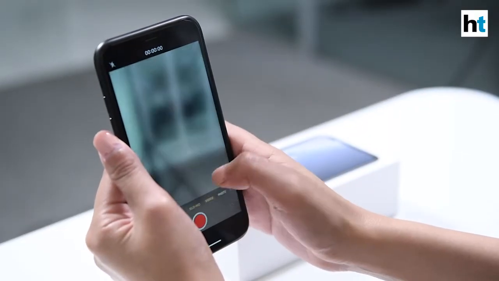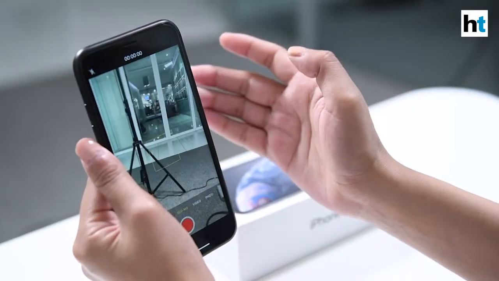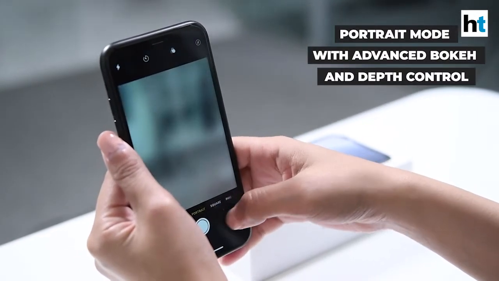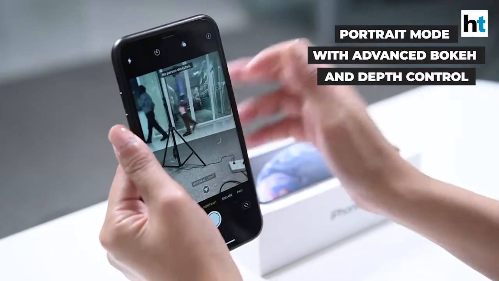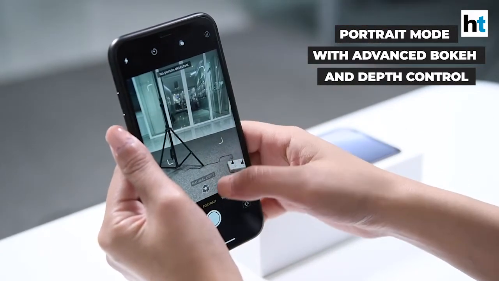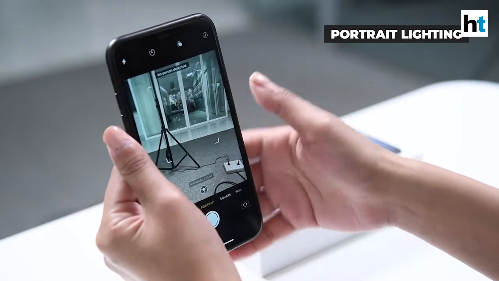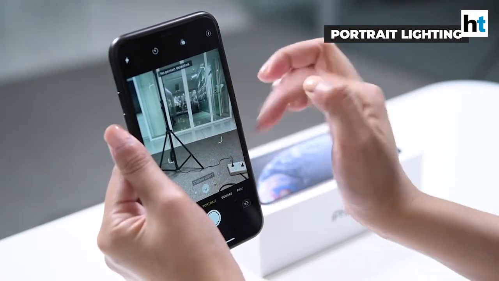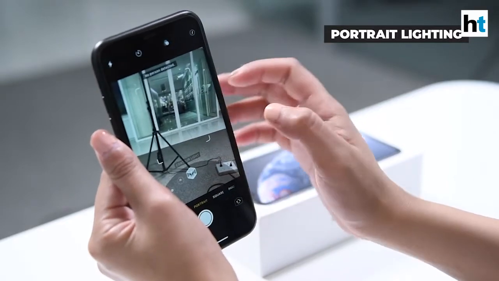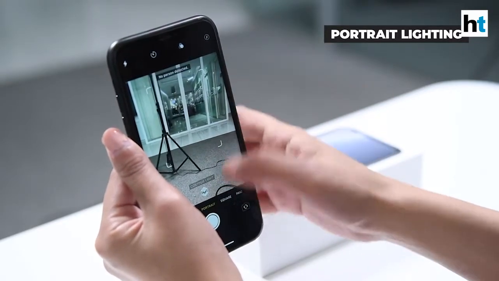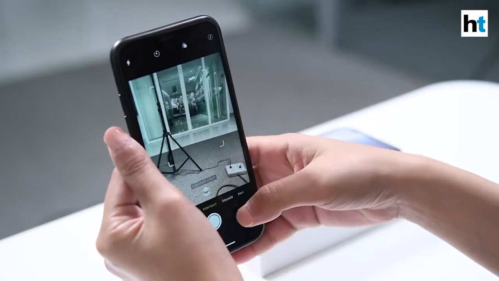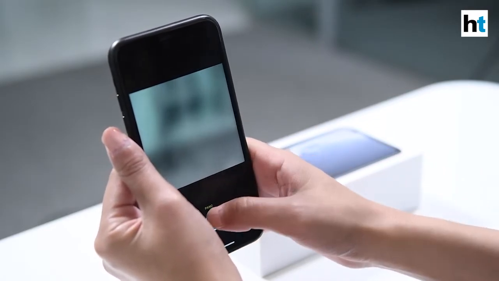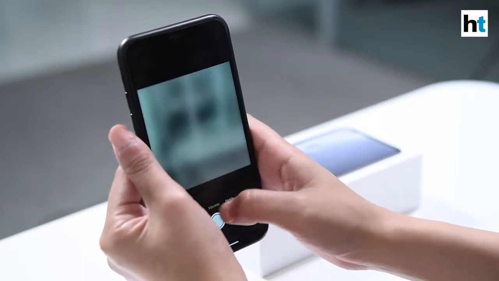Let's check out some of the features that are available on the camera app of the iPhone XR. Now the first thing here is the portrait mode. So you have three features for the portrait mode. One, this is the natural light, this is the normal portrait mode. Then you can also use it in studio light, and the other one that comes on the iPhone XR is contour light. Now some more features here include square images, then panorama images and videos as well.